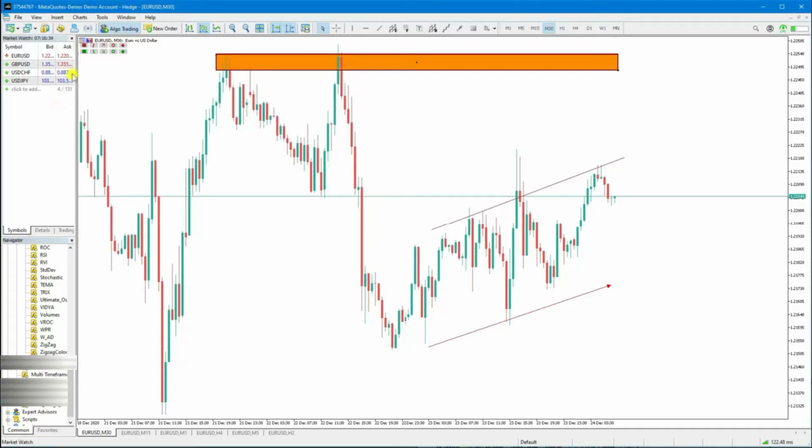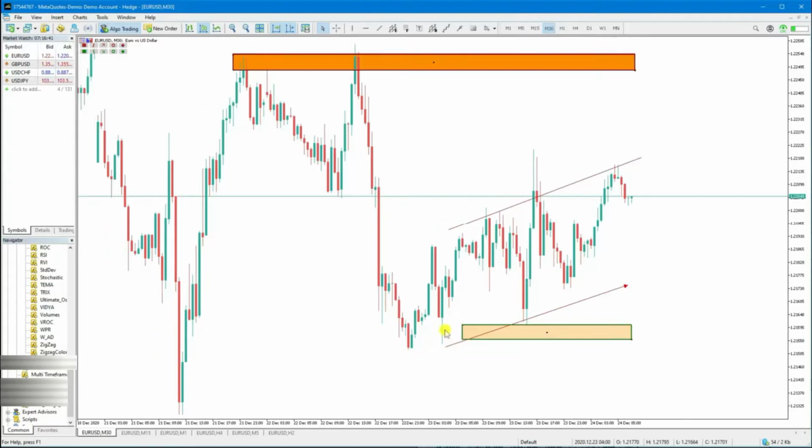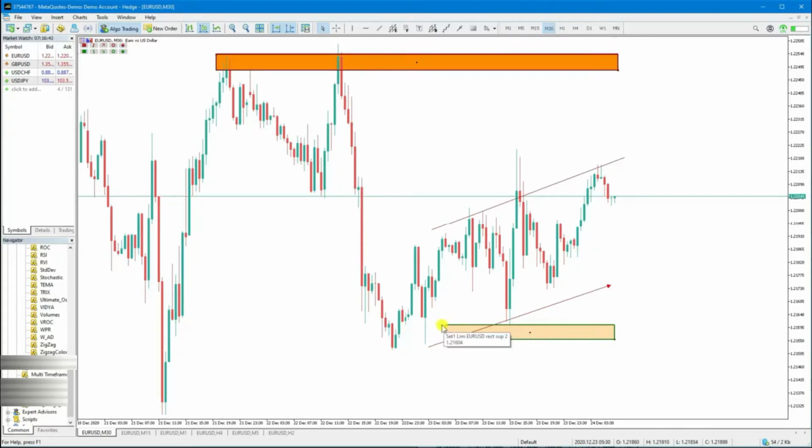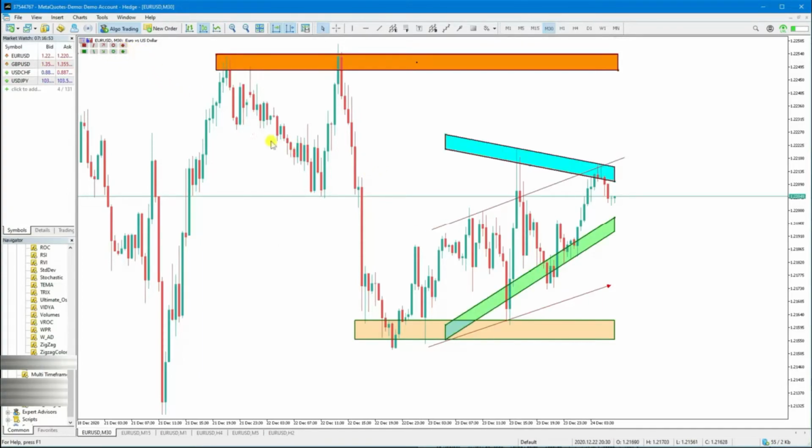It can draw the support zone also. Now let's draw a channel. Now it will draw the resistance channel. You can draw an arrow, and whatever labels you want to mark, you can mark them.